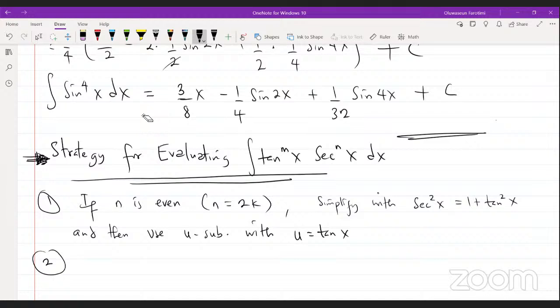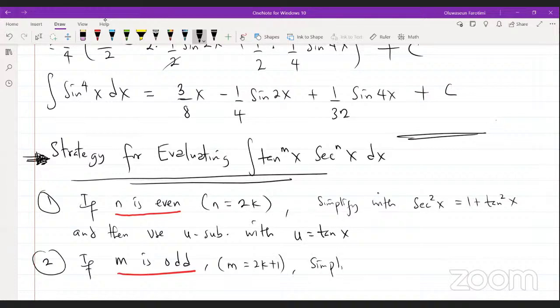Number 2. Okay, so what if my m is odd? All right, what if my m is odd? So keep in mind, here we say n is even, here we say m is odd. What do I do, guys? So if m is odd, that means m equals 2k plus 1. I saw this earlier on. So I have to simplify with